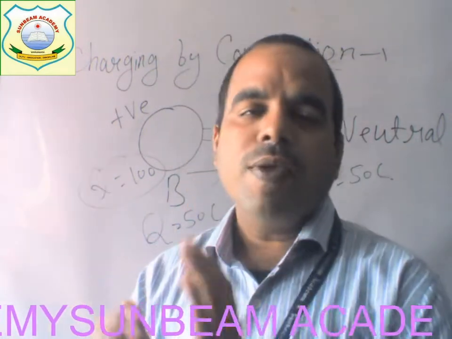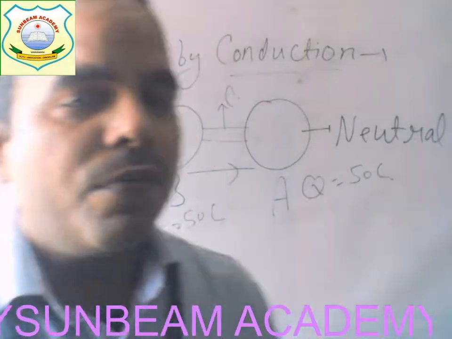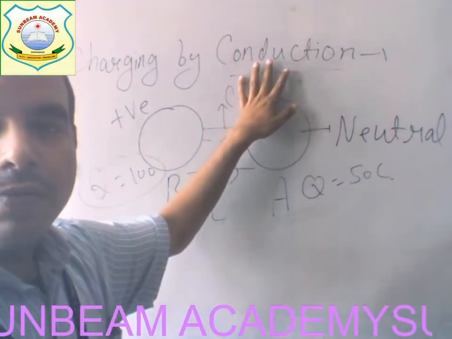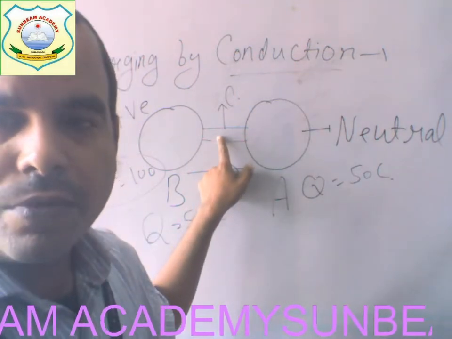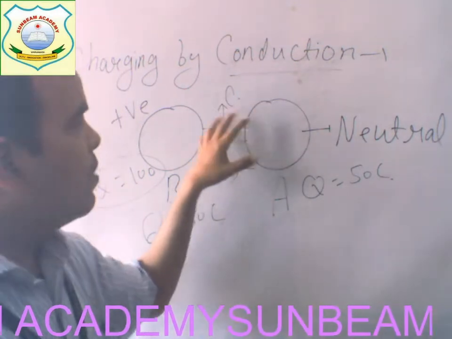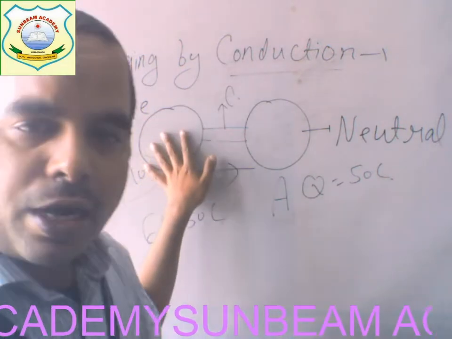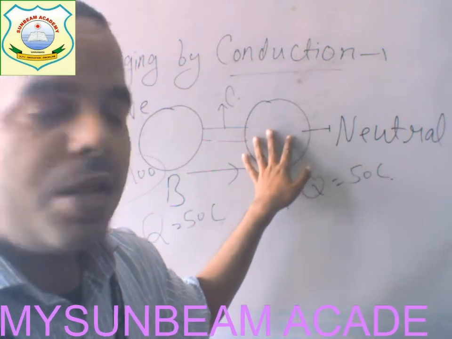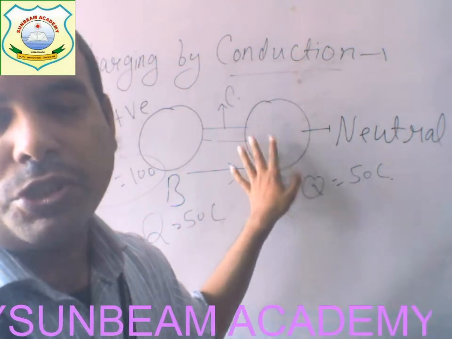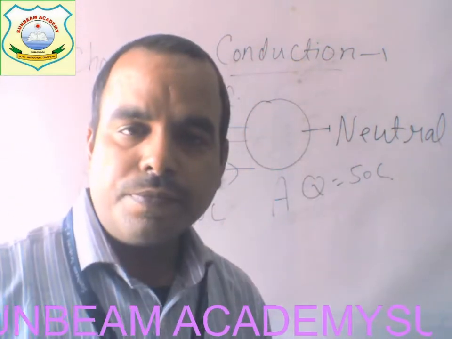So now generally we can say, how can we charge any object by conduction, with the help of contact with any conductor? If we contact with a charged conductor, the charges will start to move into the neutral object till it reaches an equilibrium position. Clear?